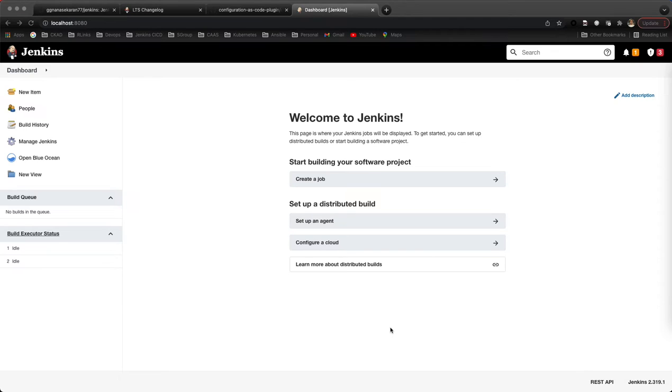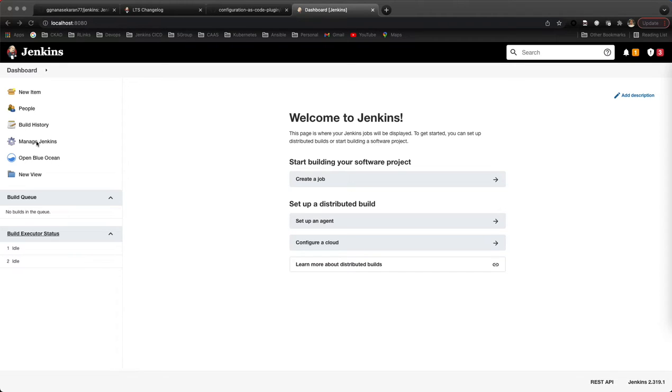So as part of our last video, we brought up Jenkins. Now we're going to add the Kubernetes environment as a Jenkins slave. First we'll do it manually so that we understand what's happening. From there, we'll do it in an automated way.